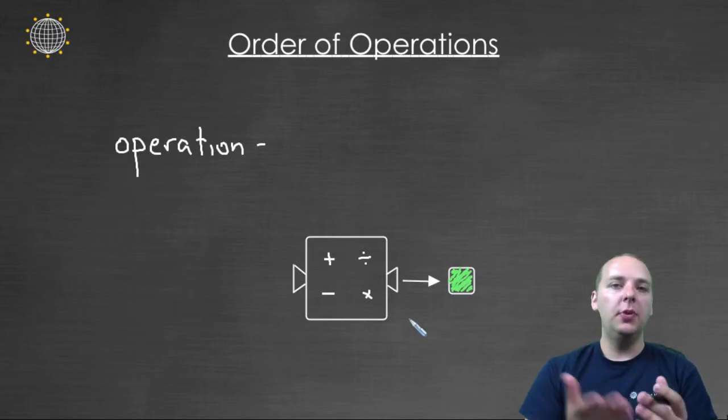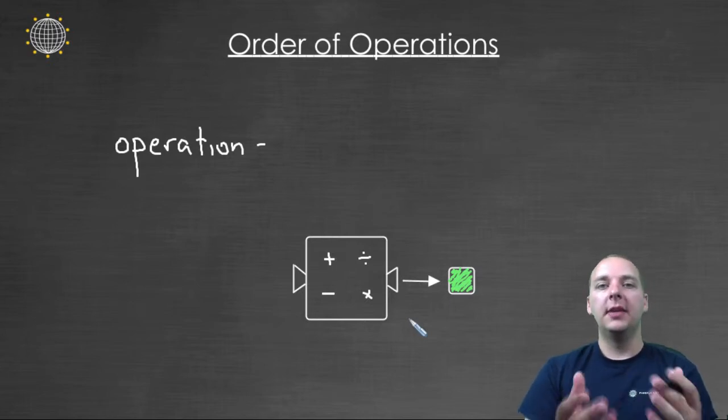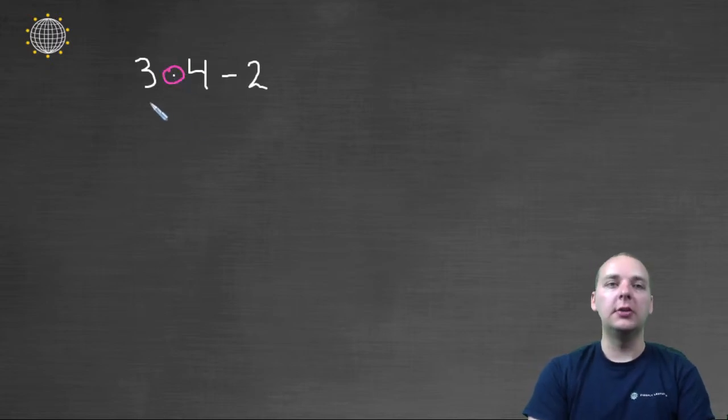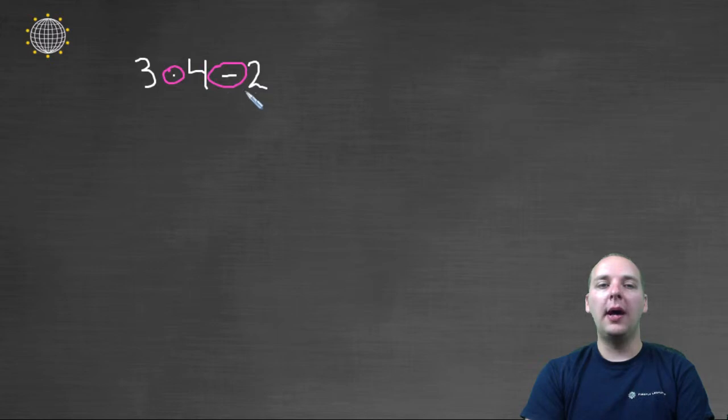But there's something we forget a lot of times about operations, and that's the fact that they can only accept two numbers at a time. And so things get a little confusing if you have more than one term in your expression. For instance, if you had 3 times 4 minus 2, this could mean two different answers depending on what order you applied these operations. If you did the multiplication first and did 3 times 4 and then subtracted 2, you'd get a different answer than if you did 4 minus 2 and then multiplied by 3.